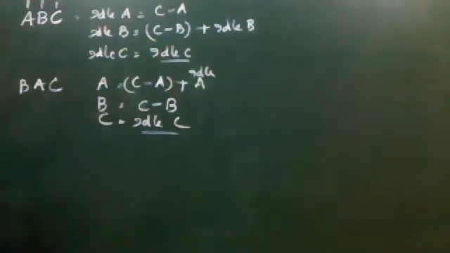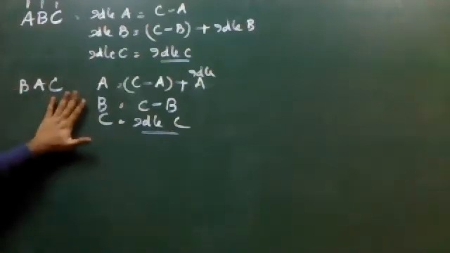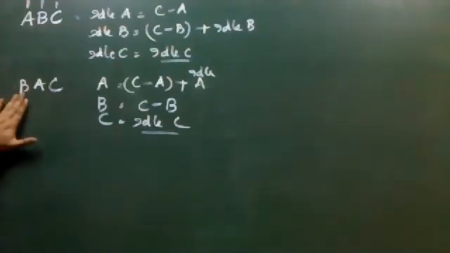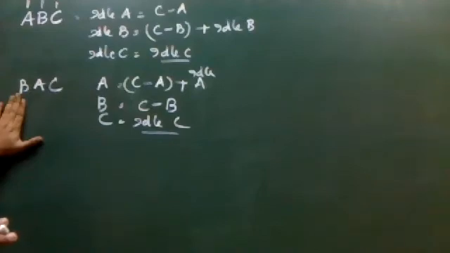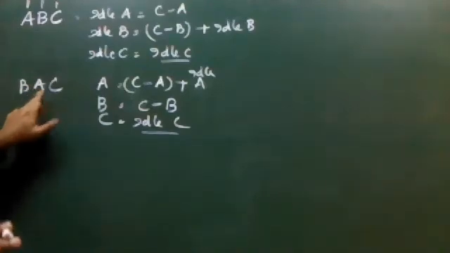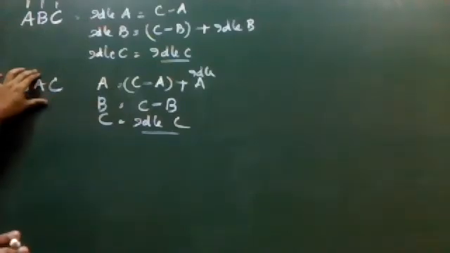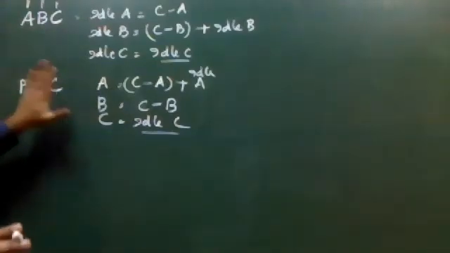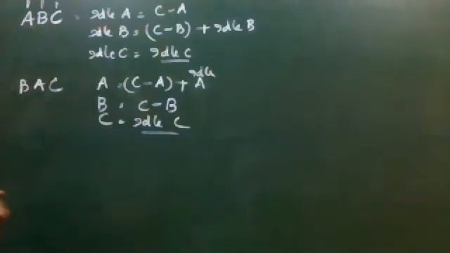The whole problem's crux depends on the position of these values. Please don't have any confusion here. Whichever is the first machine, it is always the last machine minus first. Whichever is the second machine, last minus second plus the idle time of that machine. And whichever is the last machine, directly the idle time of that particular machine has to be taken. These are the only three things you have to remember. Are you getting the point clearly? Otherwise, there is absolutely no rocket science.